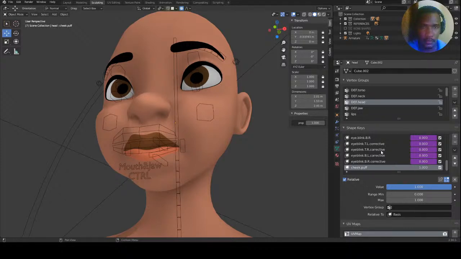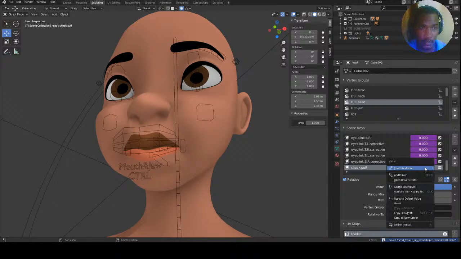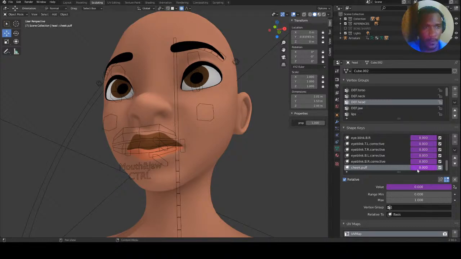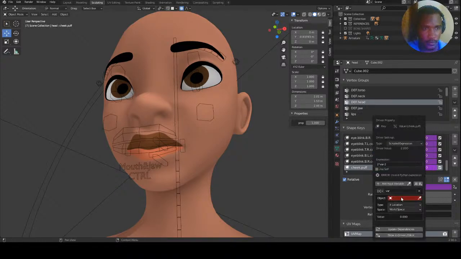Yay! So, cheek, add driver. It's going to be bigger. So that means it's going to be 2 times var minus 2. And our variable, of course, is going to be cheeks. Cheek,